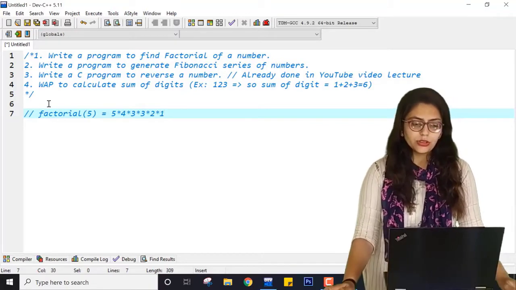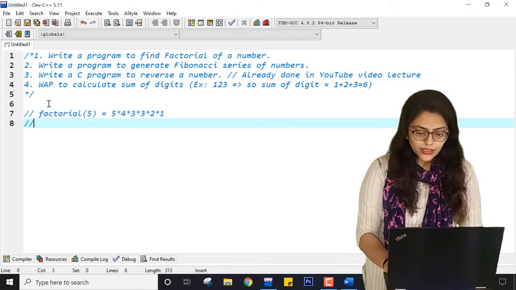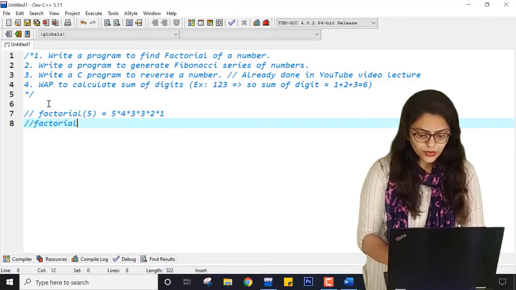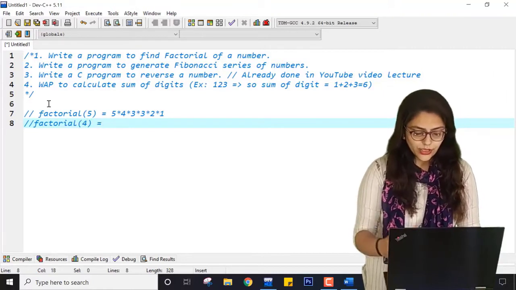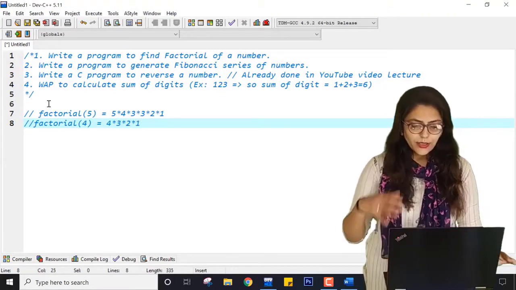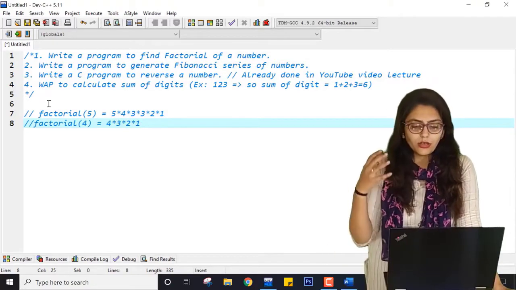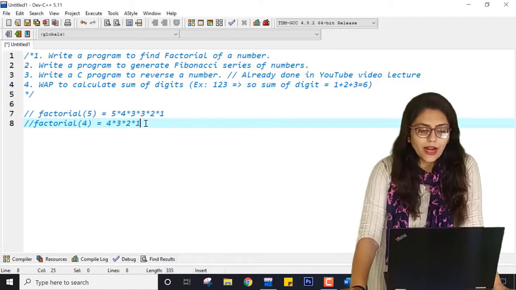I hope you know the equation of factorials. So what is the factorial of, say, 4? It is starting with 4 and multiplying it with each of its remaining values: 4, 3, 2, 1. This is how I can find a factorial.